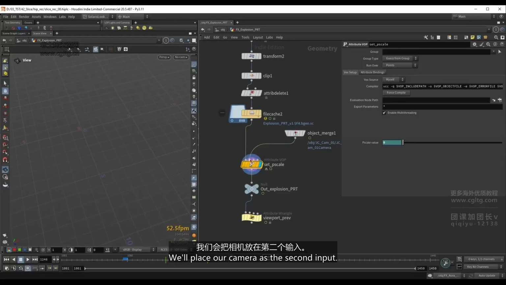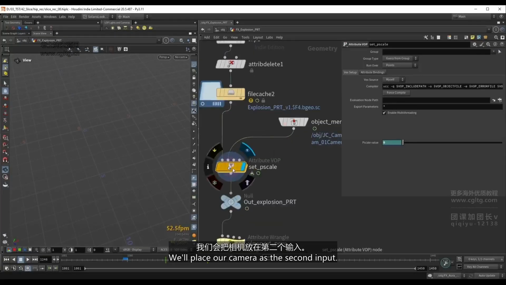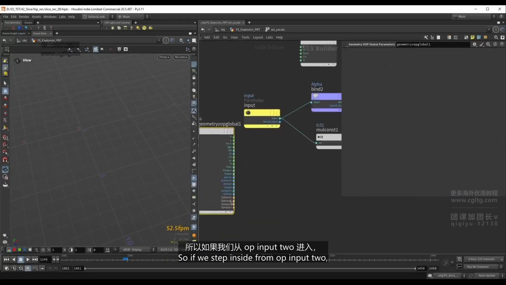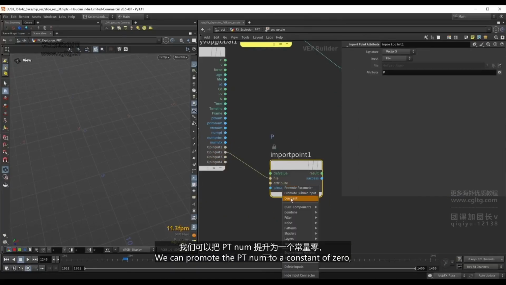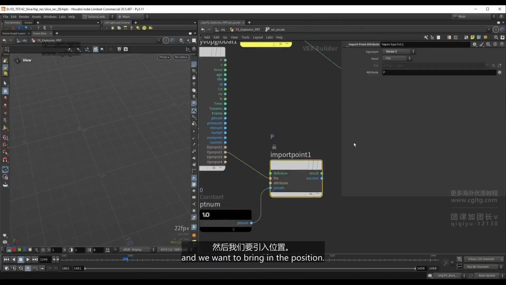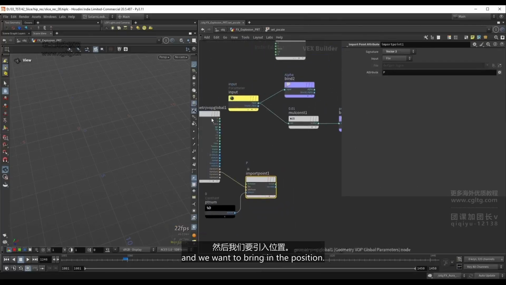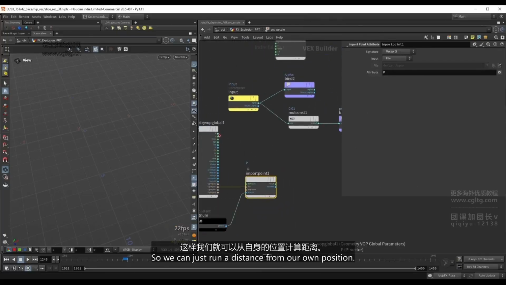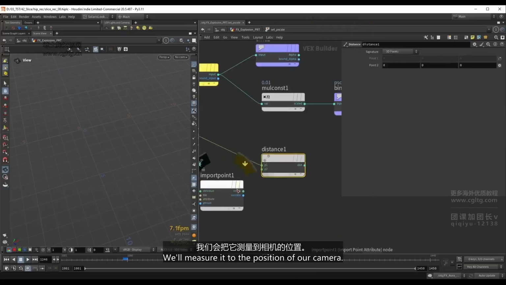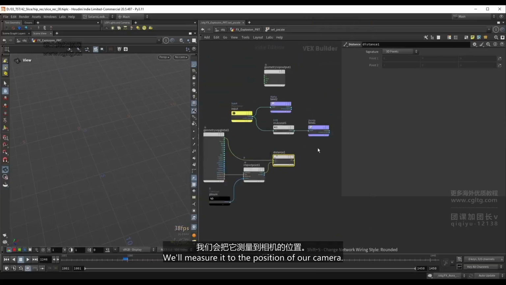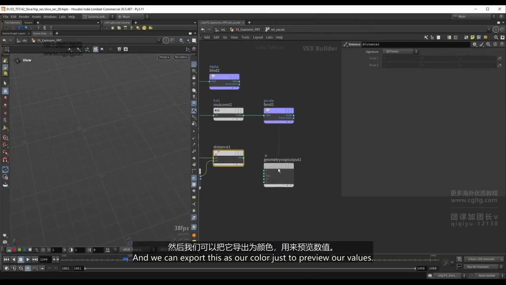So let's pack geometry before merging, and now with the single point we can reference this in our attribute VOP. Let's step inside. We'll place our camera as the second input. So if we step inside from op input 2, we can do an import point attribute. We can promote the ptnum to a constant of 0, and we want to bring in the position. So we can just run a distance from our own position. Let's drop down a distance. We'll measure it to the position of our camera,